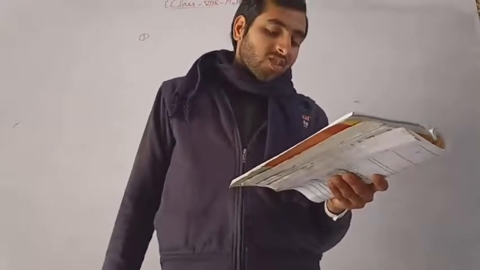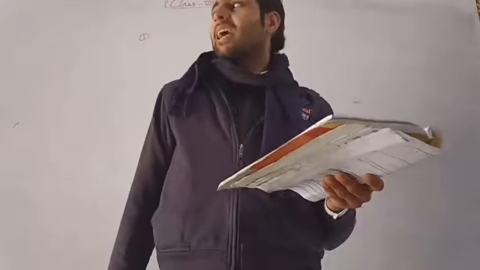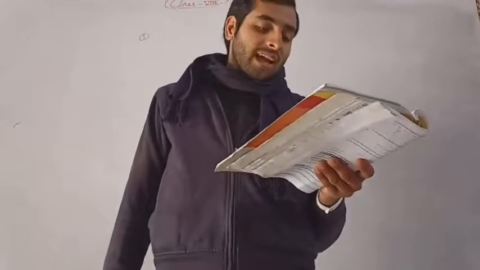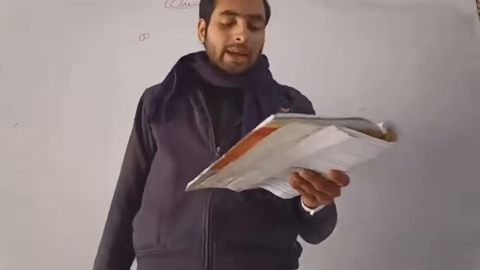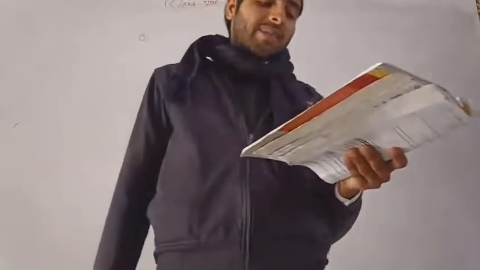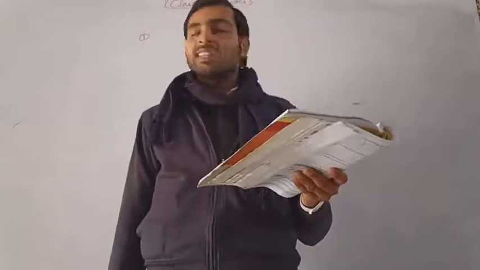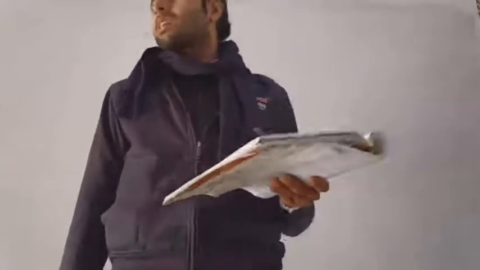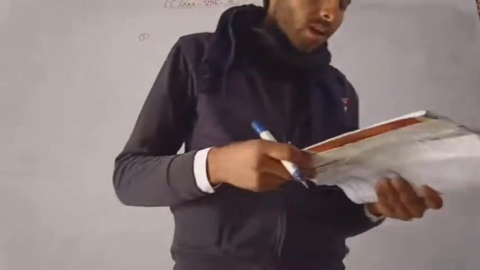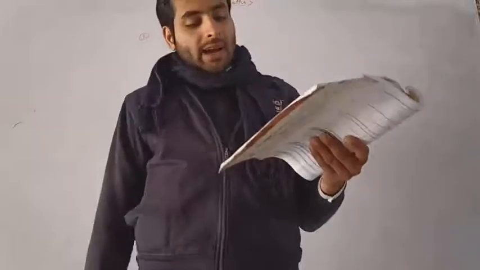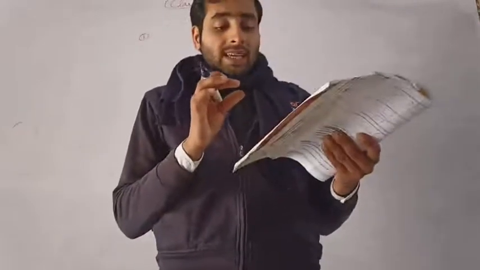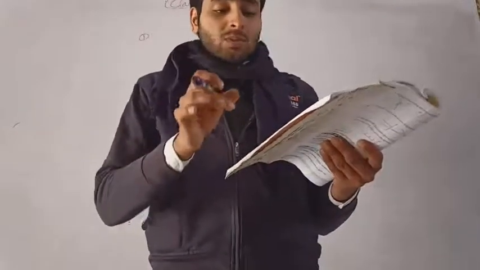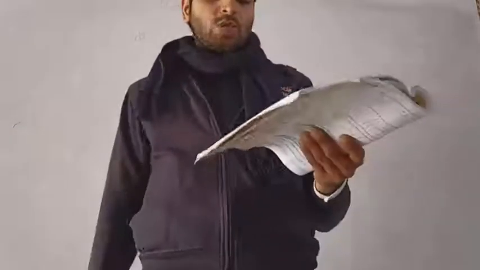So in the first, this is a scalene triangle because none of the sides in this triangle is the same. In part B, all the sides are the same, 3 cm, so this type of triangle is said to be an equilateral triangle. Again in part C, given 2.5 cm, 4 cm and 4 cm. In this triangle two sides are the same, so this triangle is said to be an isosceles triangle.